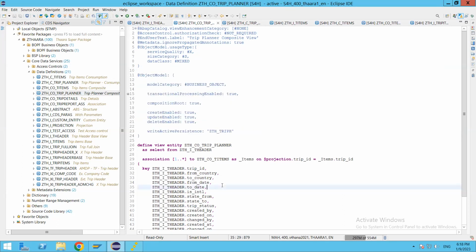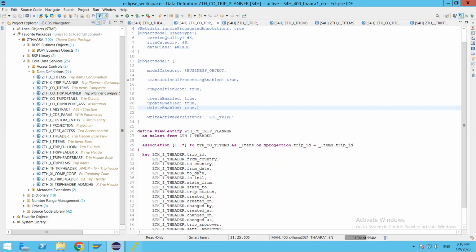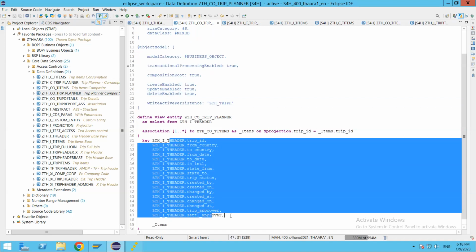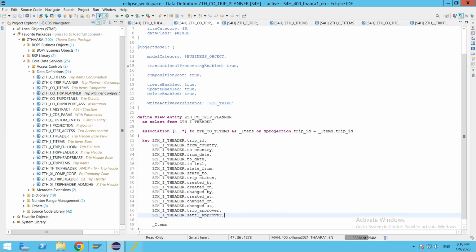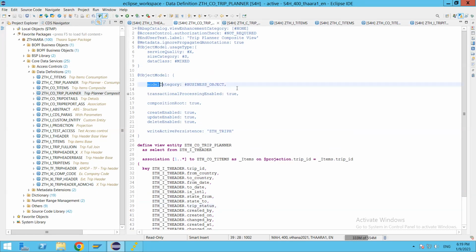building transactional applications. I have pre-populated this object model annotation here to ensure no errors occur with the field names that we have populated from the database table. Here, if you see the model category, it is business object. It's the only option available. You can ignore this one as well, but to specifically tell this, yes, this is a business object, we have specified model category business object, which